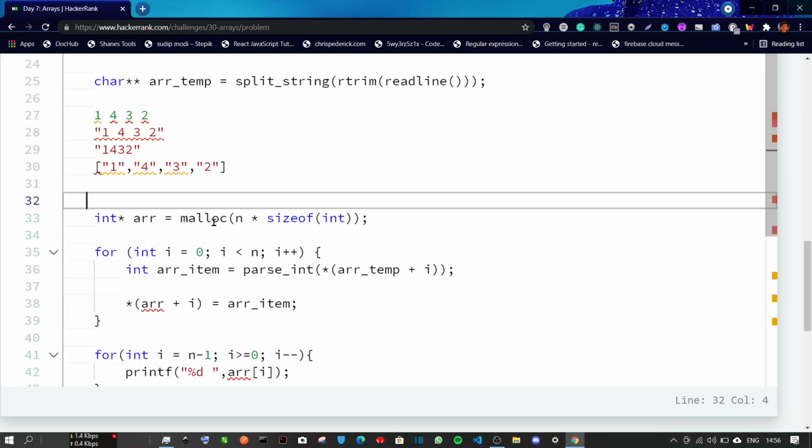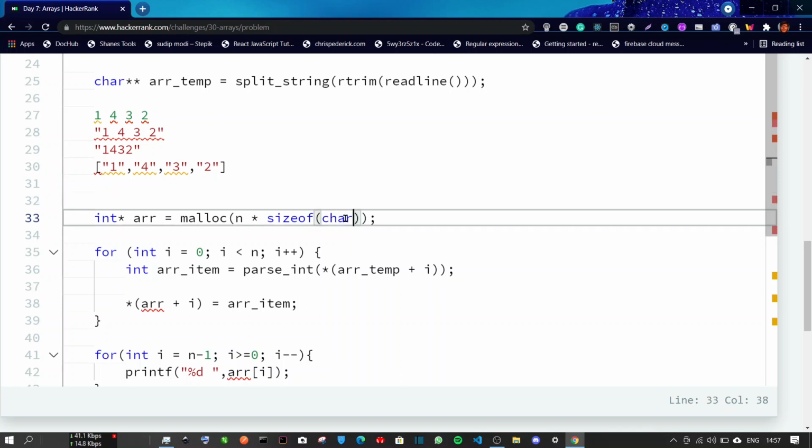So when we need to do some operations on those elements that are stored inside those memories that were allocated, we would use this pointer to refer to that address of that memory, right? So malloc dynamically allocates any kind of memory based on the size of a data type and the number of elements required, right? So if you were to store character elements inside that array, you would write here, instead of int, char, which would take a different amount of space, right?